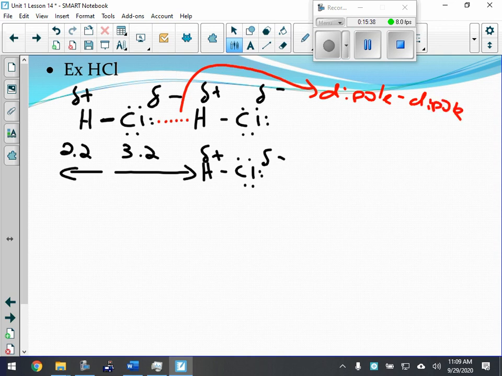Okay, and again, if you remember in the notes, it says basically if you had two of them, you're probably not going to get a lot of attraction there. But if you have billions and millions of them,